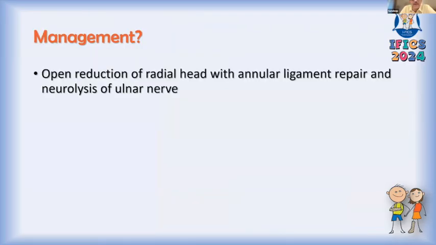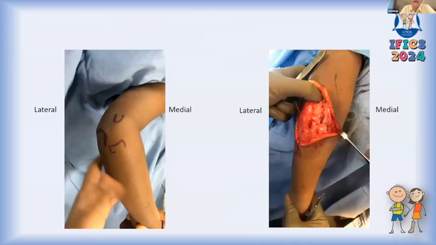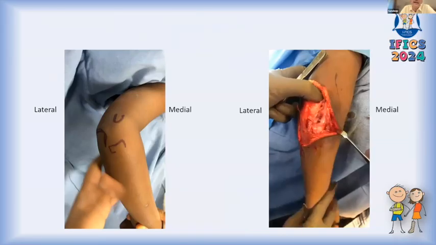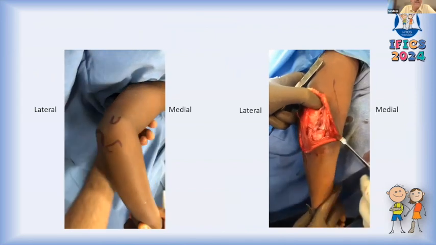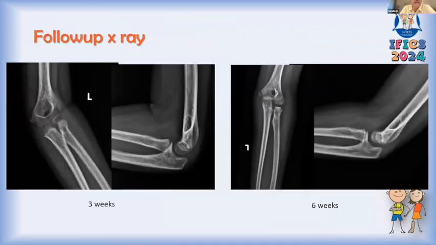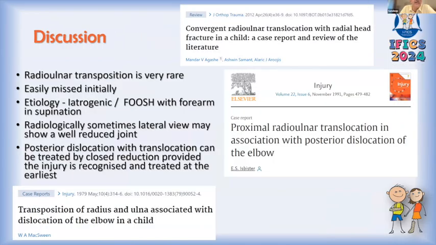This was a translocation injury where an open reduction was required to put the radial head back on the lateral side, and a simple open reduction and then a plaster, and it healed nicely. So radioulnar transposition is very rare and is usually missed. The etiology is a fall on an outstretched hand in supination. Sometimes you may mistake it as a normal X-ray, but you need to look very critically as to